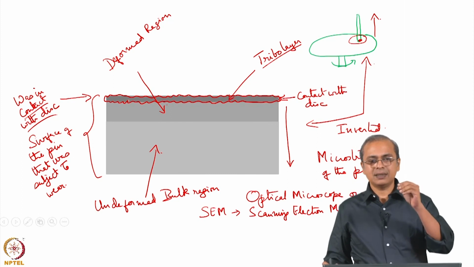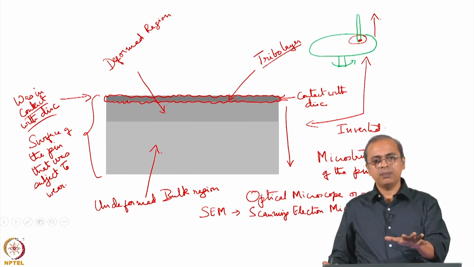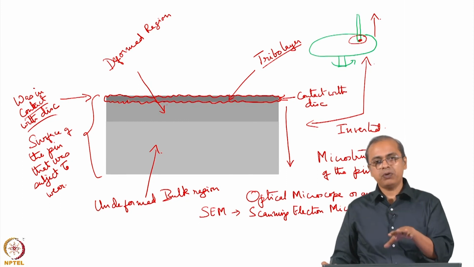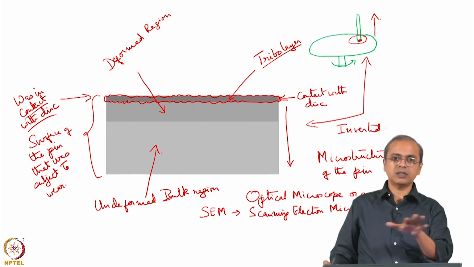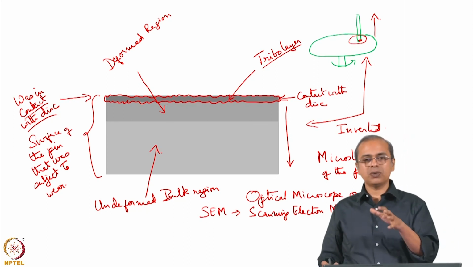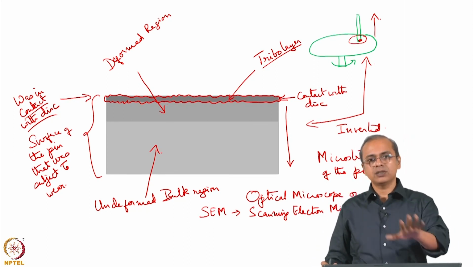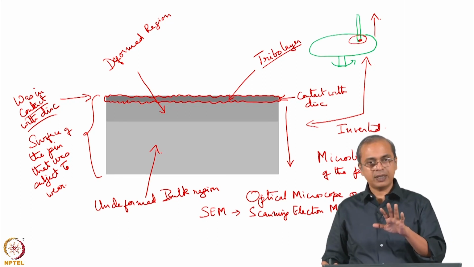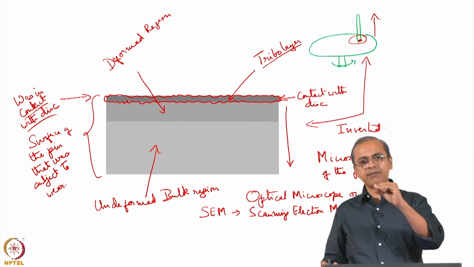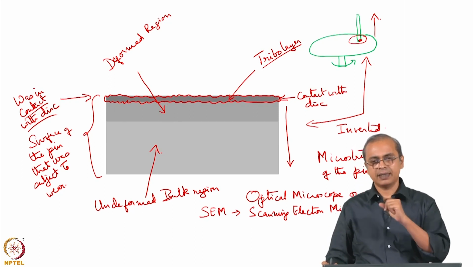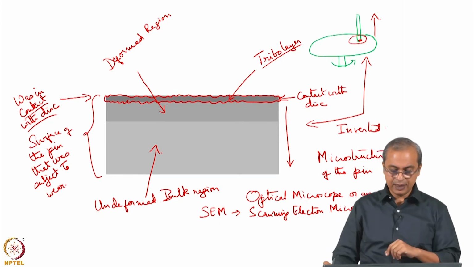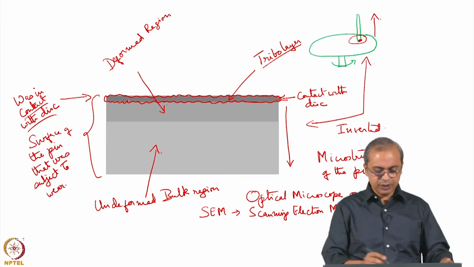It is the layer that is having some kind of broken down material of the parent material that you are testing, and a fair bit of it is going to be oxide because of its oxidation. You exposed it to conditions that are favorable to oxidation, so it is very likely that it will be in oxidized form. So that is the tribo layer. That is usually relatively thin, because that is how far the oxide penetration, oxygen penetration and so on, happens. Below that you have this thing called the deformed region,